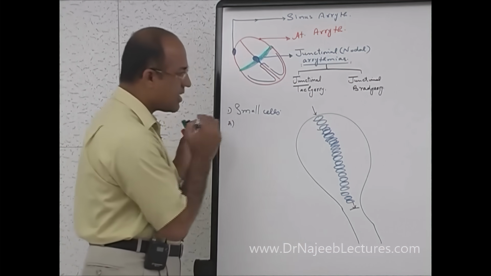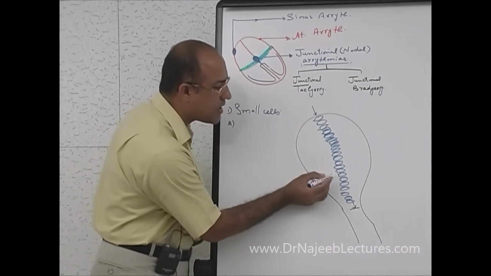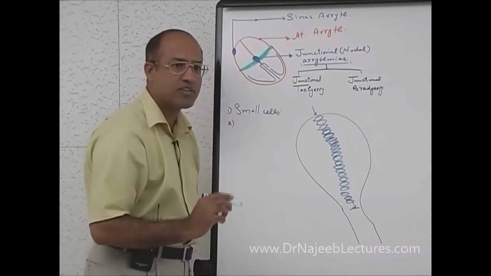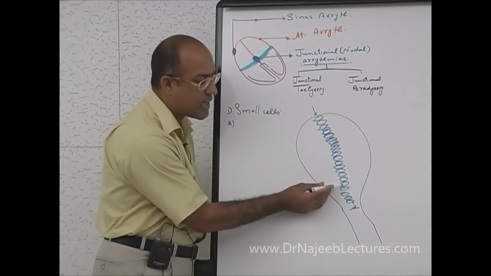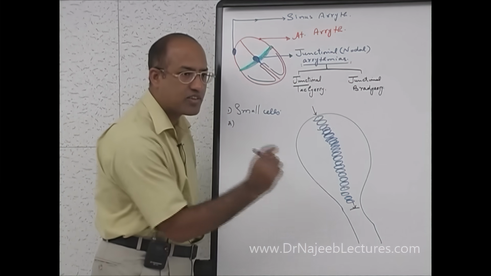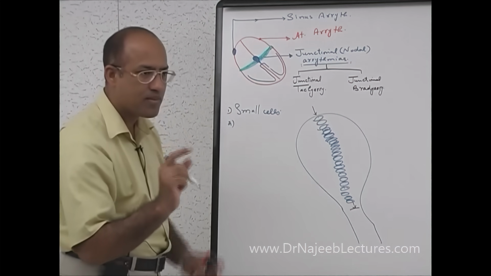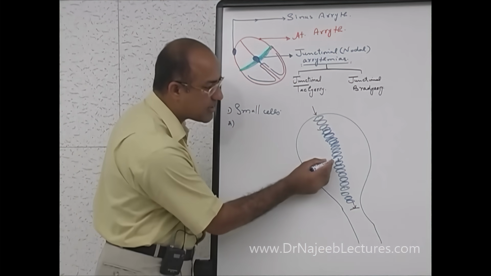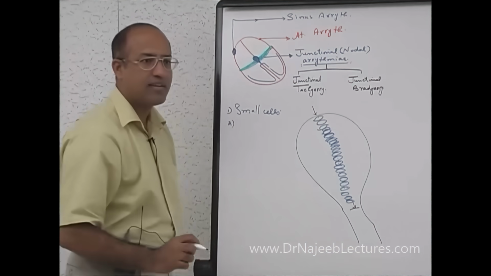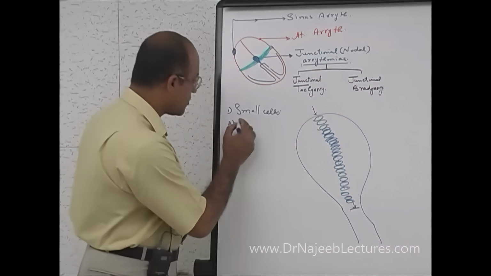Number two, in between the AV nodal cells, gap junctions are very few. You know, gap junctions are the specialized area in between the myocardial cells which help the transfer of the current from one cell to the next cell. You can say gap junctions are electrical windows between the different myocardial cells. These electrical windows through which the current can jump from one cell to the next cell are very few in AV nodal tissue. So, few